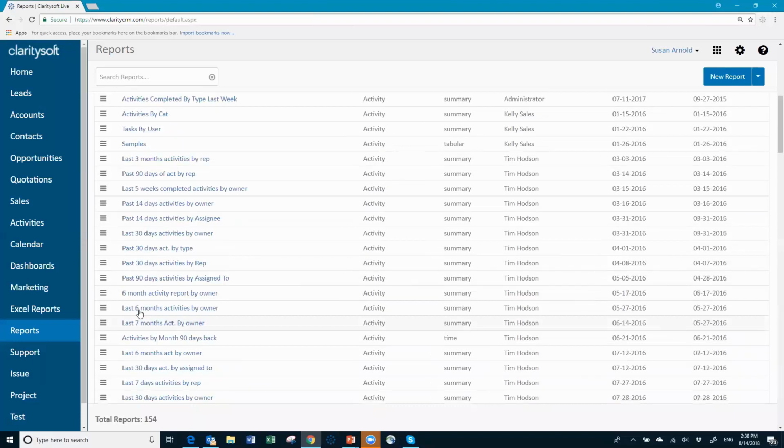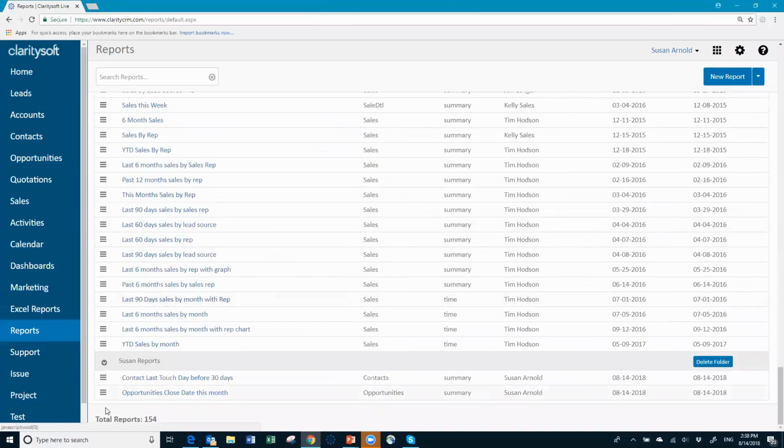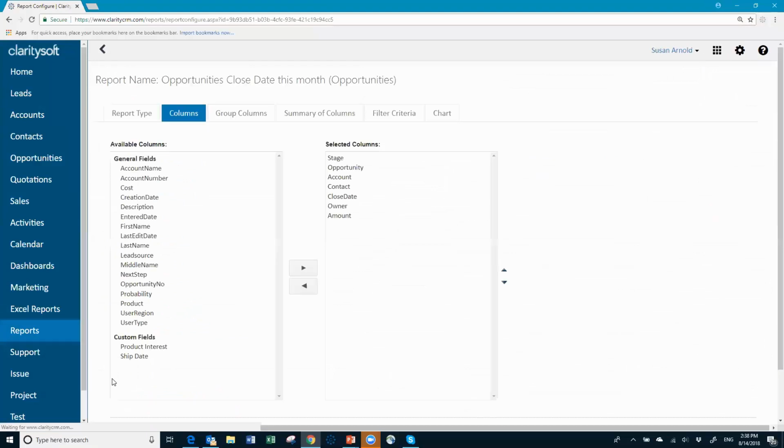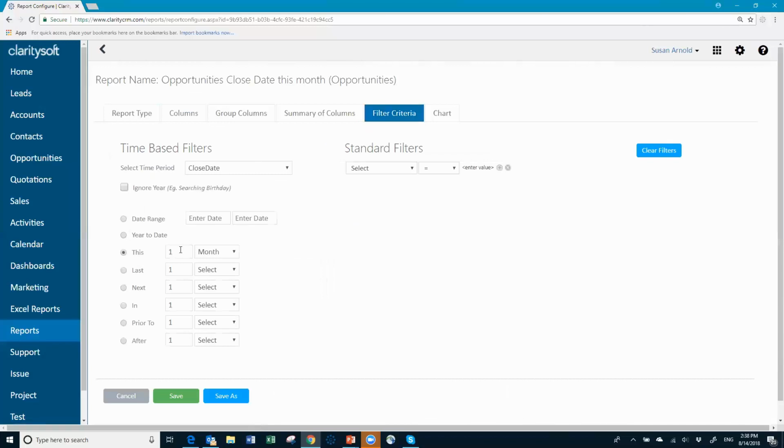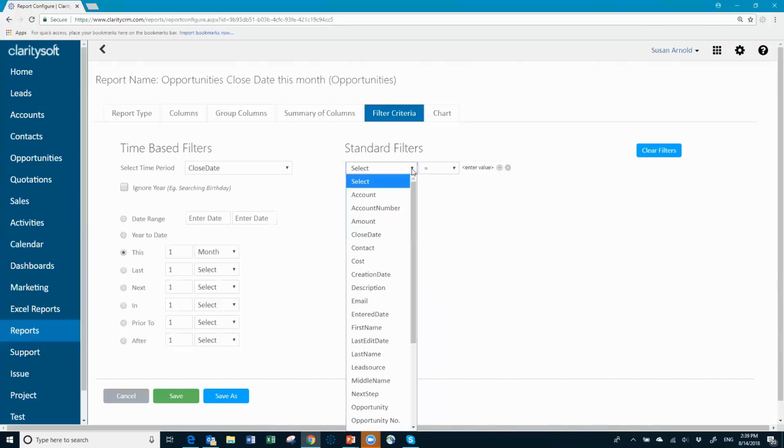So we go back to our report, and we're going to edit it. The issue that we have is actually with the filter. The time filter is fine. It's the standard filter. We want to not include the sales stage of one because that's not an active opportunity anymore, okay? So what we do here is we're going to select stage,